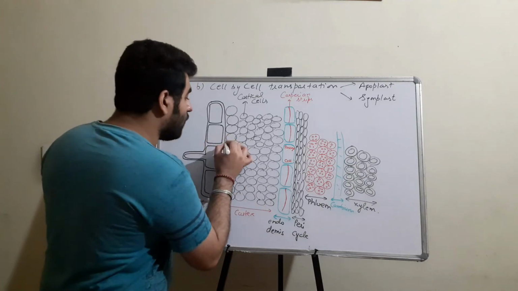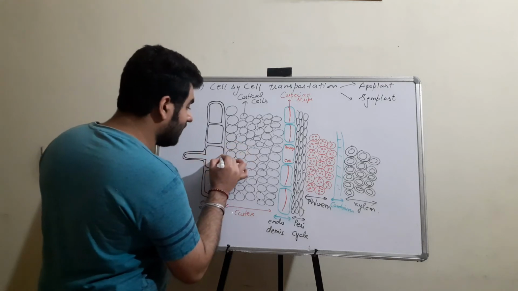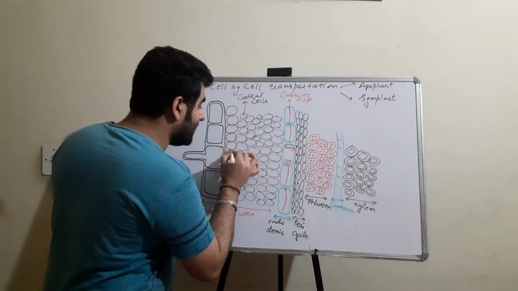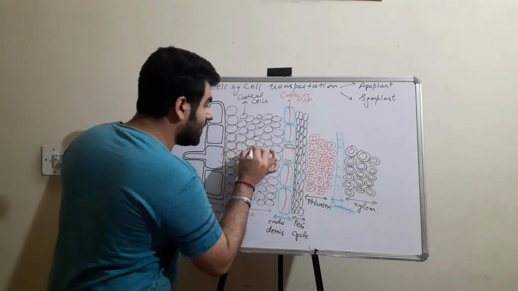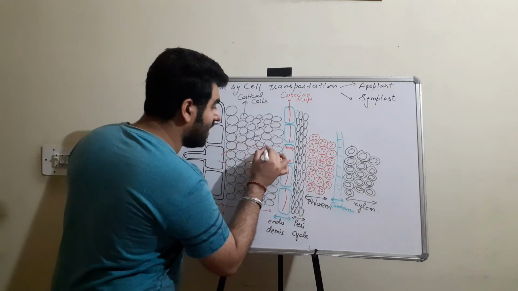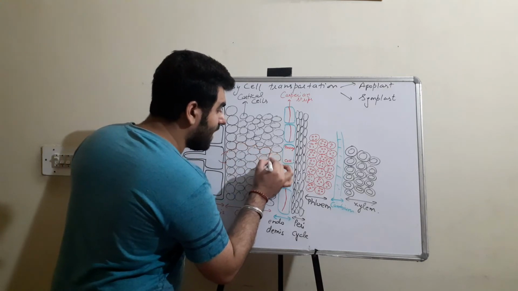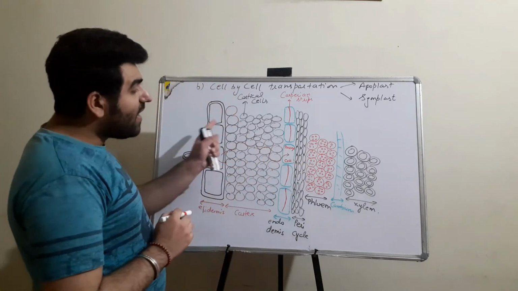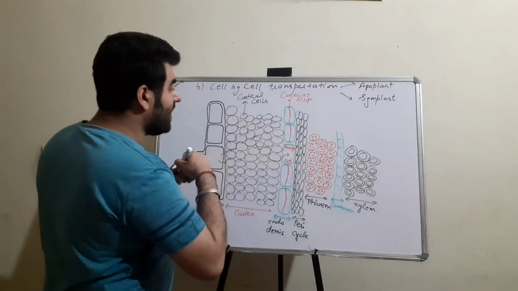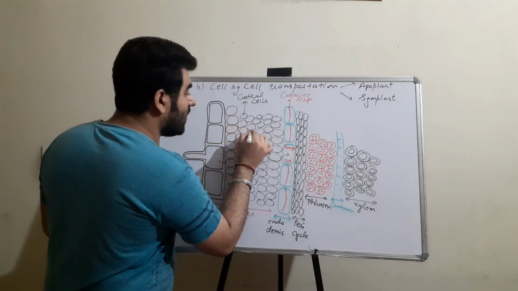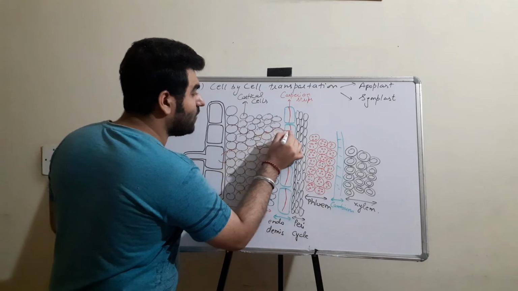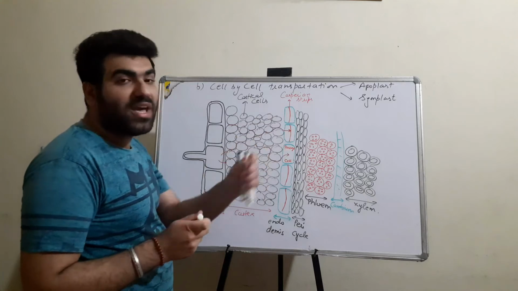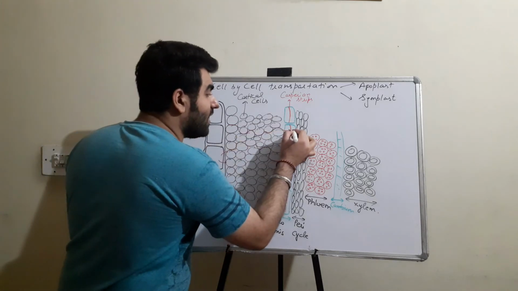So from the root hair, the water will be imbibed by the cell walls, and the water will be traveling from cell wall to cell wall. From here it will enter the passage cell. If by another pathway it enters like this, it will not move further, because the Casparian strip prevents the further flow of water.